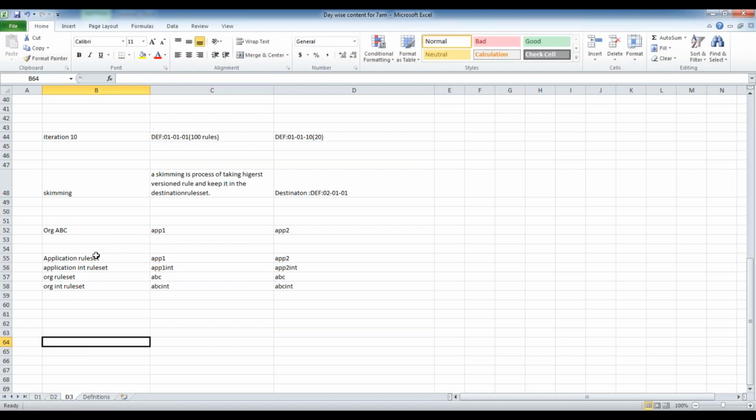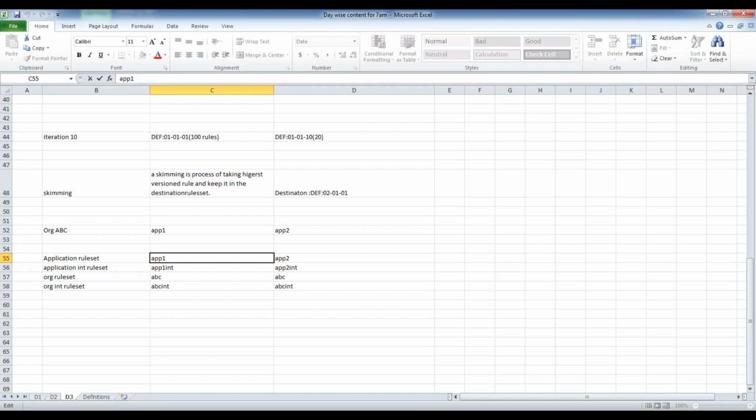Let's say I'm maintaining only one rule set, like application rule set app1, and the remaining rule sets are not there. I'm creating application 2, and you want to use application 1. Already some rules are there and you want to use that. You can use that, but along with that you are also exposing unnecessary rules to application 2. They may misuse them. So we want to hide application specific rules. We don't want to club them. We don't want to expose the rules specific to application.